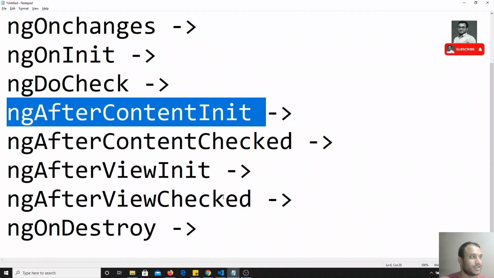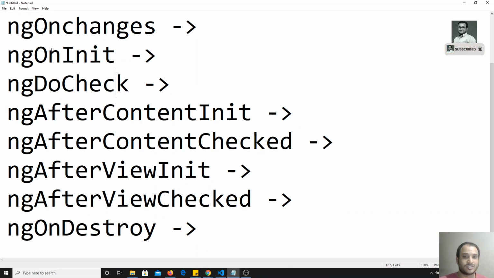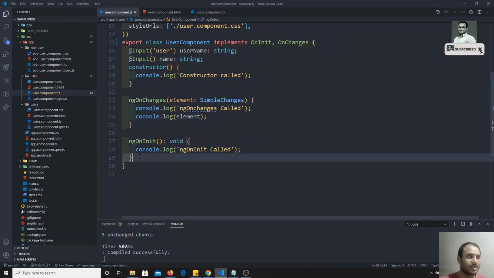We have seen ngOnChanges and ngOnInit, right? Now we will check ngDoCheck. So what is this ngDoCheck? ngDoCheck will execute whenever any property or template changes in the component, whenever any change occurs. So ngDoCheck will execute all the time, immediately on any minute change. So if you are trying to write any code in this ngDoCheck, please think twice. Why? Because it will affect your performance.